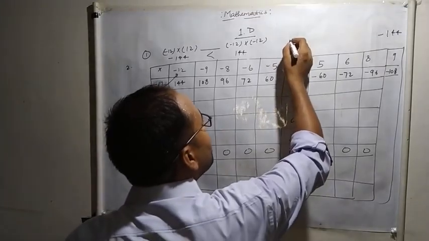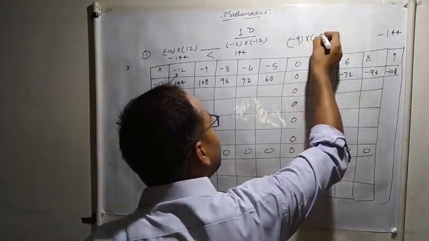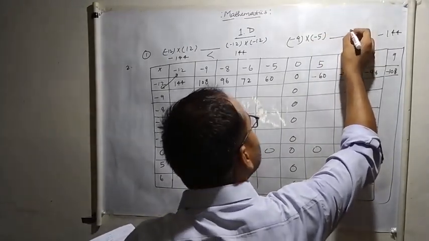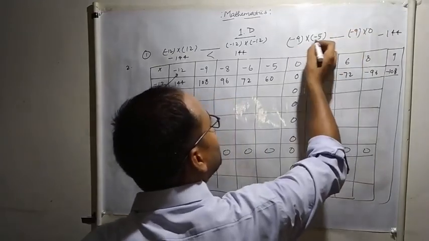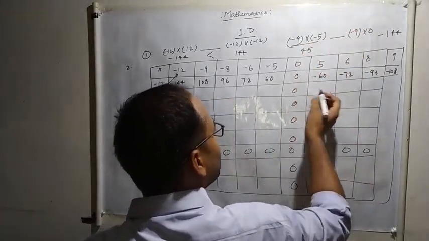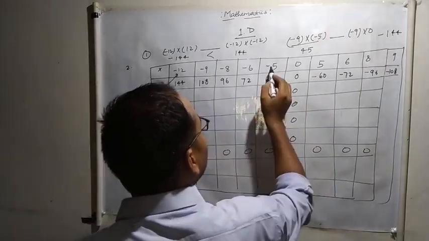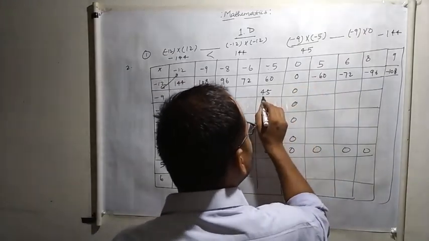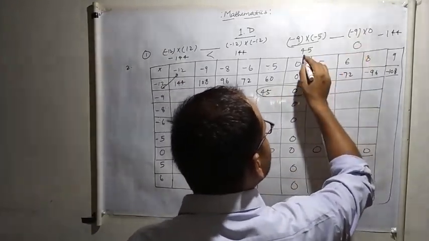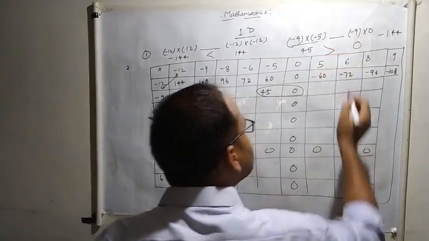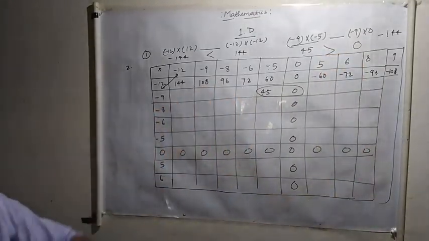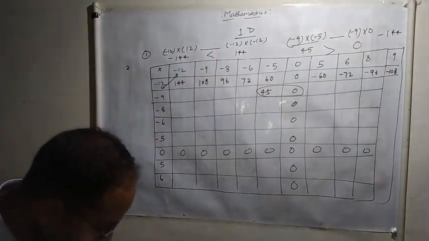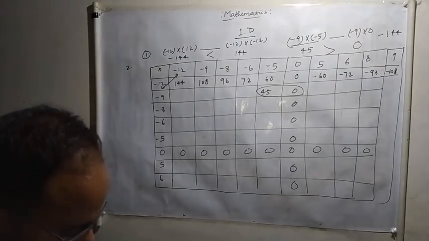Here, minus 9 is multiplied by minus 5. Here is the space, minus 9 is multiplied by 0. Both are negatives, so you will get 45. Minus 9 multiplied by minus 5, you will get 45, and minus 9 multiplied by 0, you will get 0. Which one is greater? 0 or 45? So 45 is greater than 0. So by finding this product, you will do these questions. Questions two, three and four are the same.